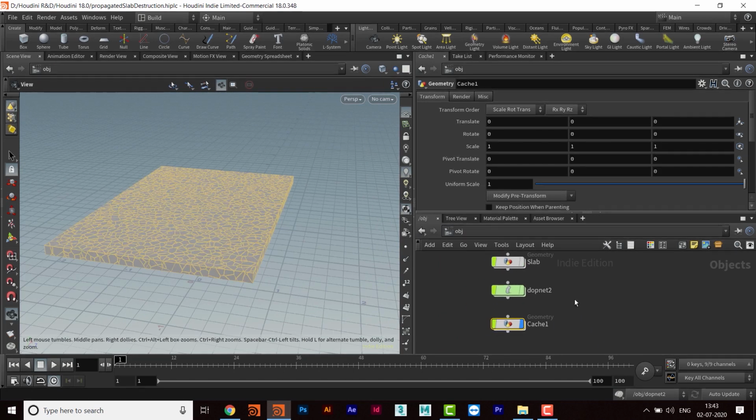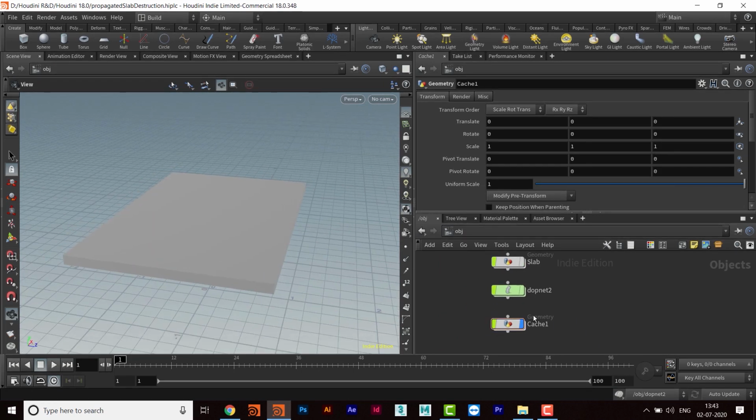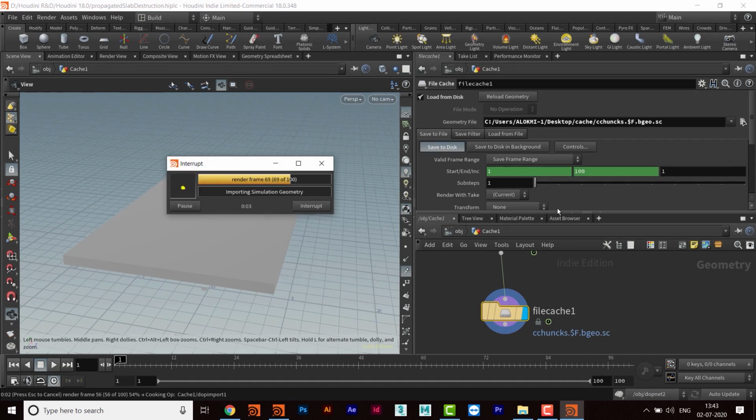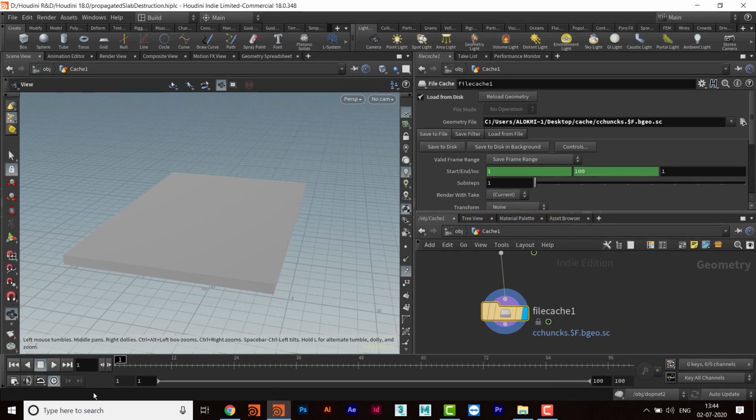And then we'll come here, and then again we have to go to cache, and then maybe we'll have to write it down. Okay, so this is what we have.